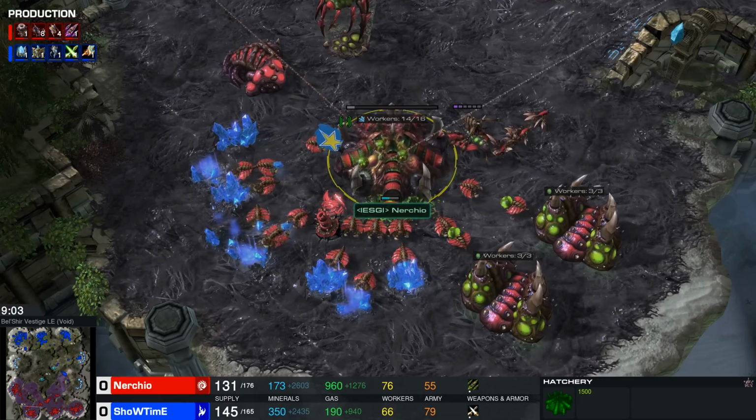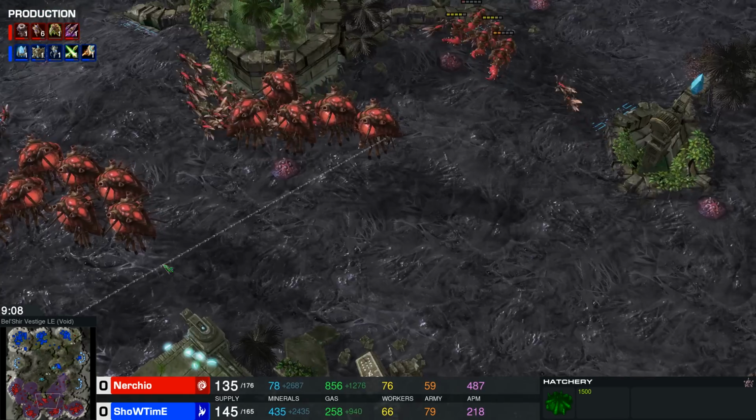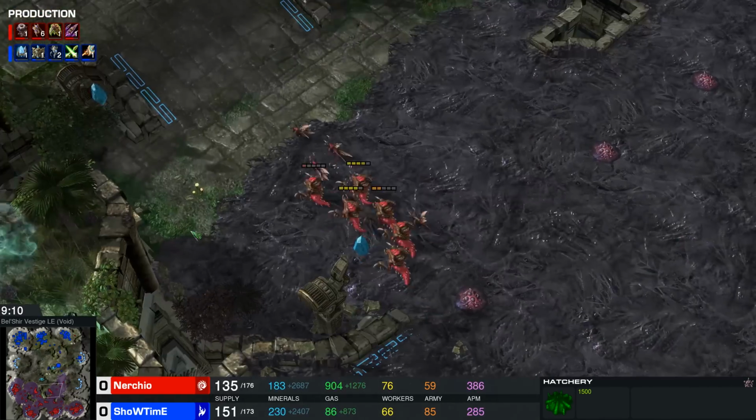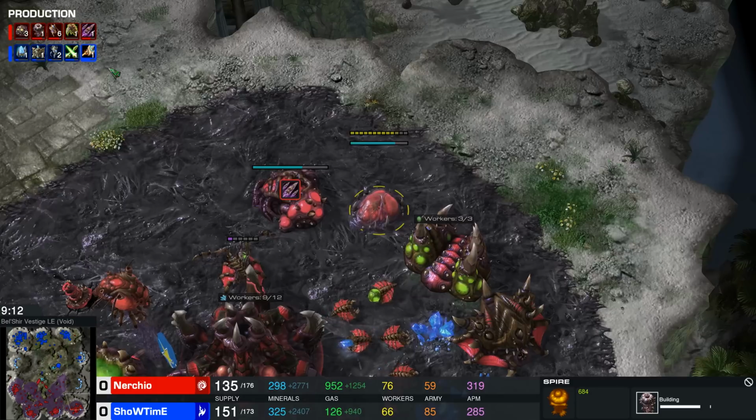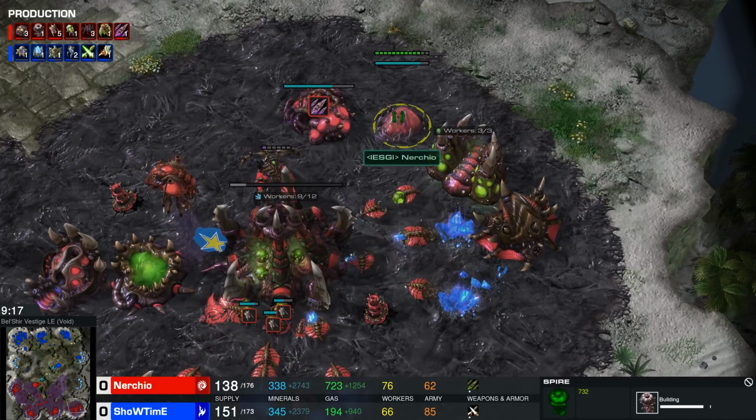And indeed, he does force the Zergling follow-up here, but the Colossi are gonna be able to deal with Hydralisk and Zerglings for breakfast very, very easily. He's gonna have a really hard time countering this with the army that he's got right now. Spire is on the way. He will be able to start producing